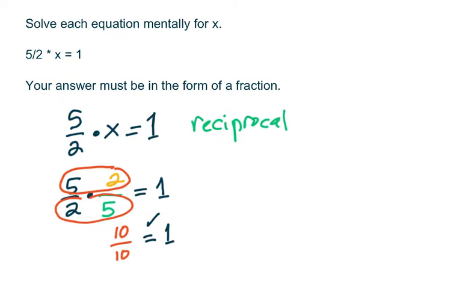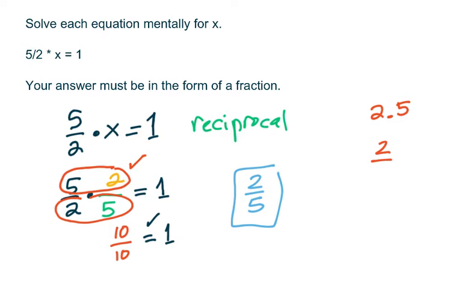So the correct answer for this was 2/5. If you chose the wrong answer of 2.5, I think you were very, very close. I actually think that you knew a little bit of what you were doing. You were probably trying to get 2/5. But I think what happened is you forgot that we needed to write it as 2/5 as a fraction and